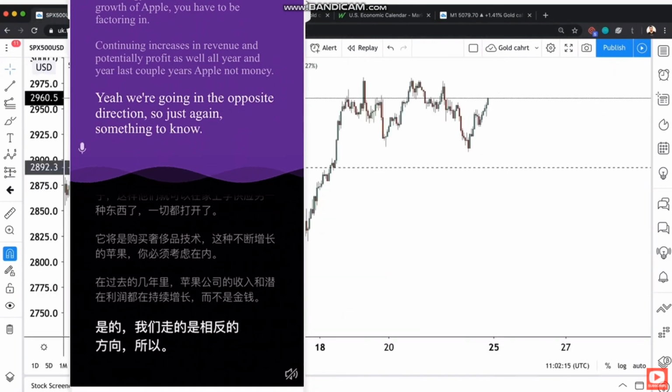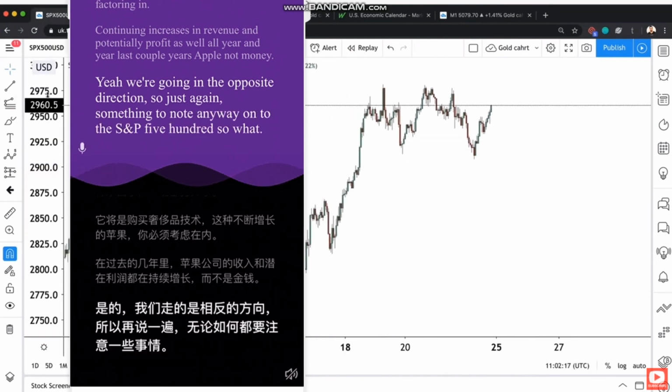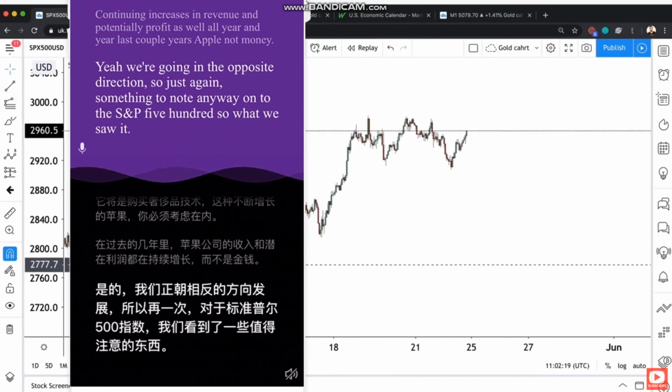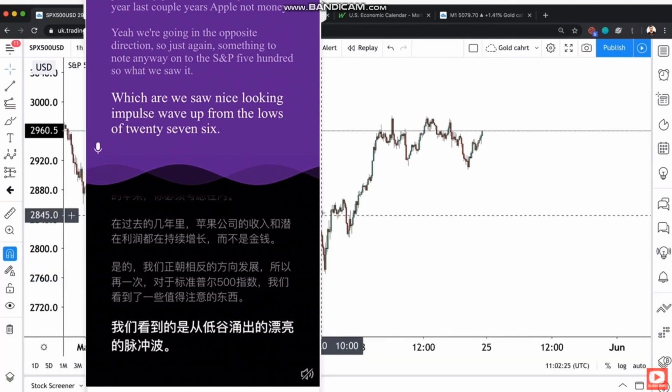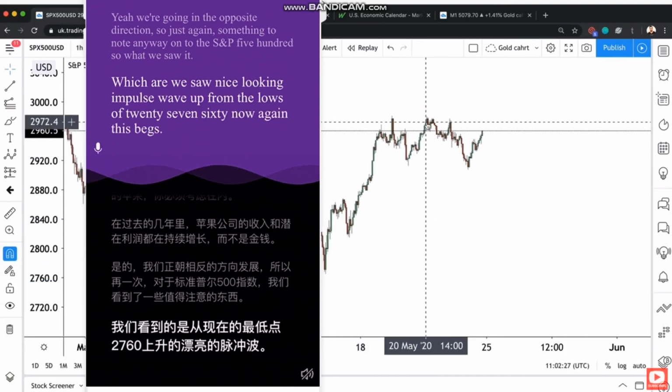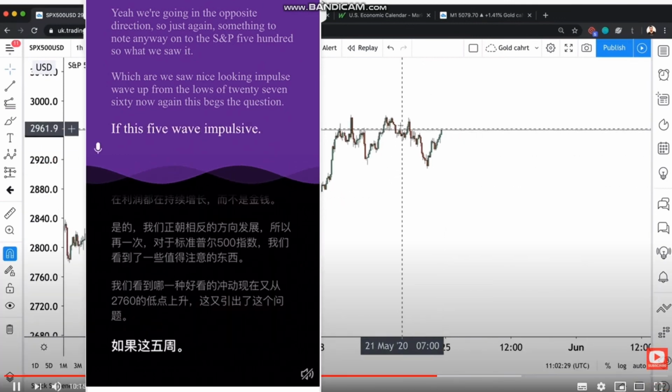Anyway, but onto the S&P 500. So what we saw here, this is an hourly chart. We saw a nice looking impulse wave up from the lows of 2760. Now, again, this begs the question, if this 5-wave impulse is complete, what does it mean? Now, we haven't really